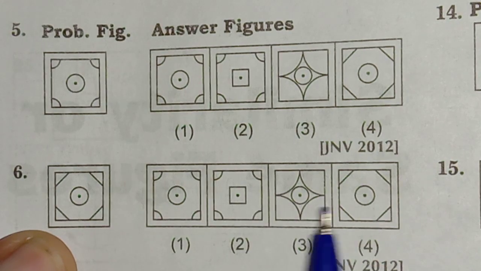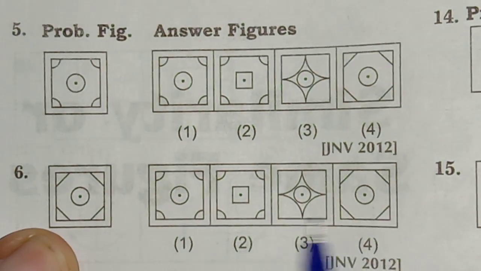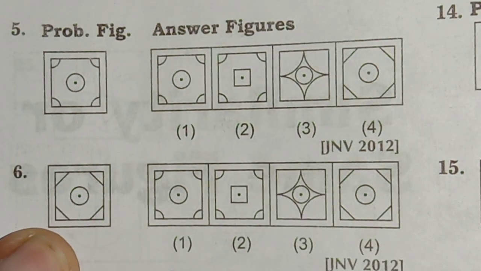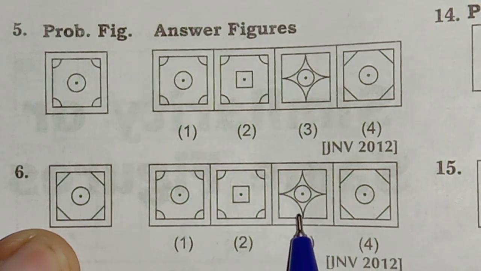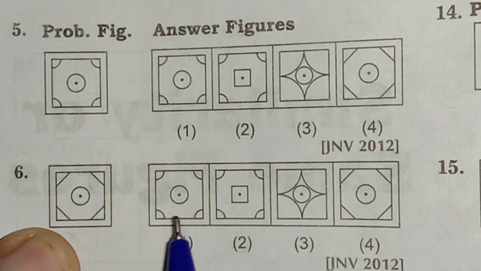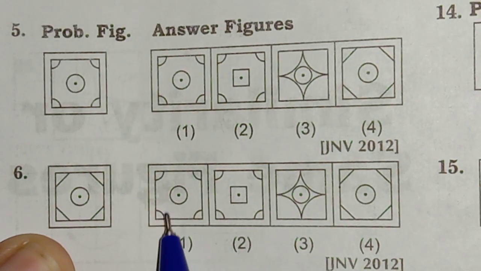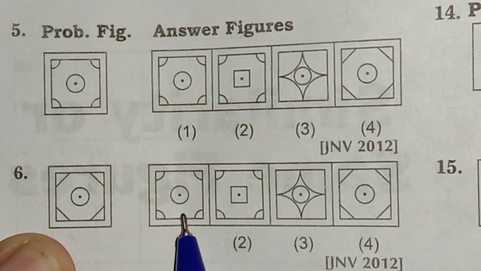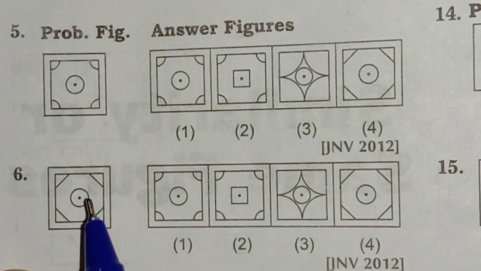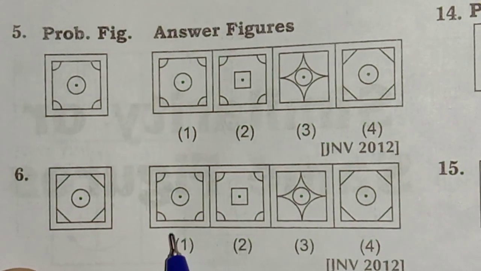Okay students, so here I told you third and fourth are looking different, but third is looking different, fourth is not looking different, it's looking similar. So you remove this third one. So when it comes to check the first one now. Here the line is straight. Here a curved line is there. So first is not a correct answer. Let's move to the second one. Here the lines are straight, no. So this is also a curved line. So it is also looking different.